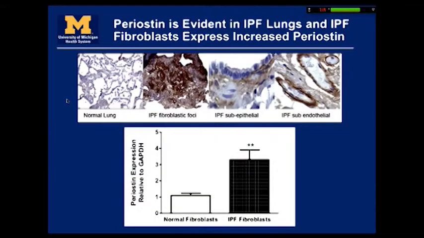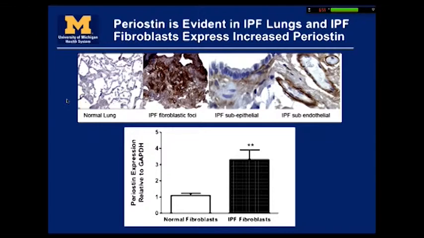Well, we were interested in this same question, and we first approached it through an immunohistochemistry approach. So shown here in DAB staining, which is brown, we looked at periostin expression in normal lung or in sections of fibrotic lung, and you can see that periostin stains very brightly the fibroblastic foci, so maybe some hyperplastic epithelial cells. We could see it in the subepithelial regions, as John Fahey had shown in the asthma models, and also